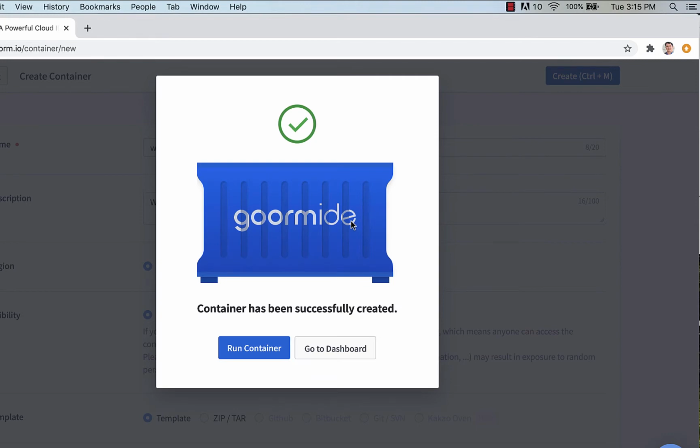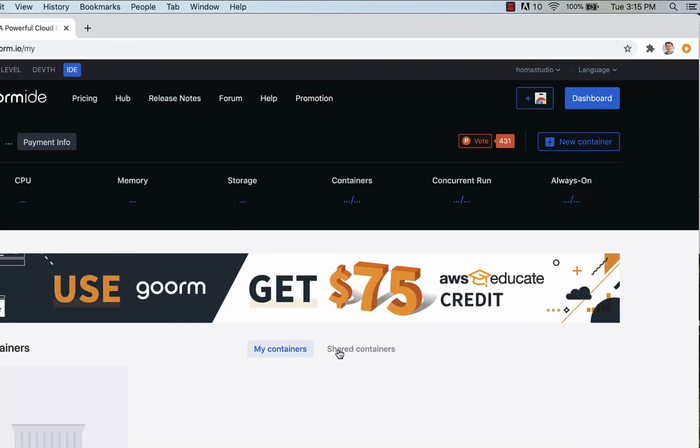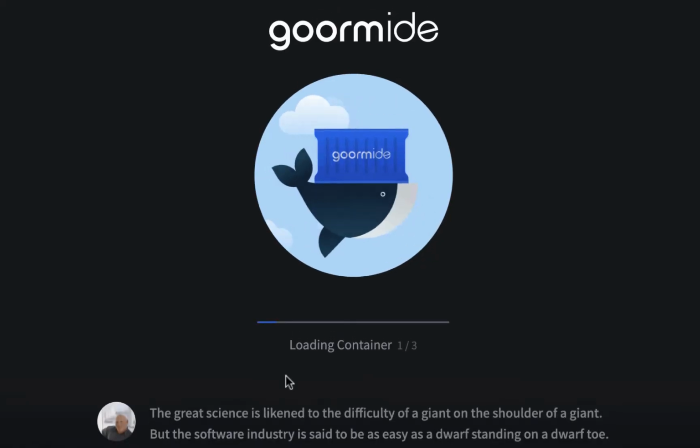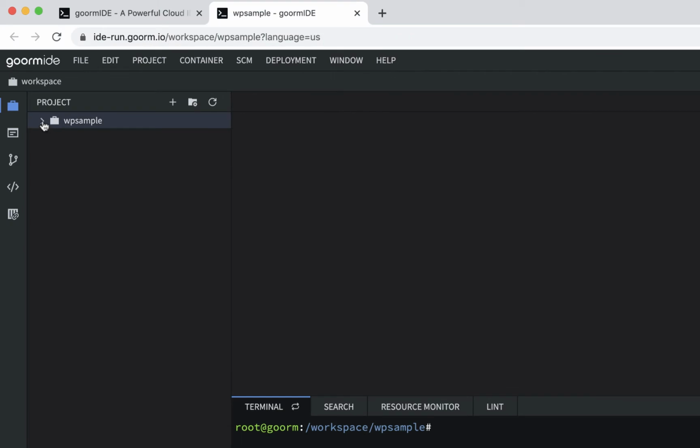All right, my container has been created. I'm going to go to dashboard, and I'm going to run the container from here. So I'm going to hit run. I've just had better luck doing that. So here's my new container, WP sample, and there's my index page inside there, which I'll eventually get rid of. I'll leave this page here just in case we have to check it out first,